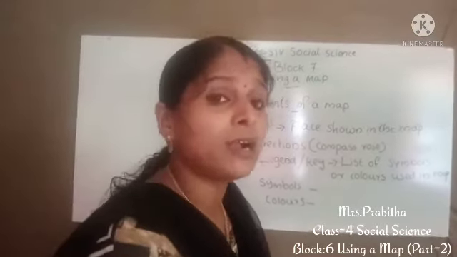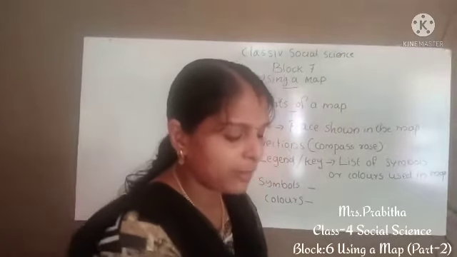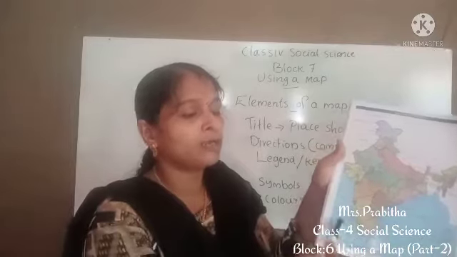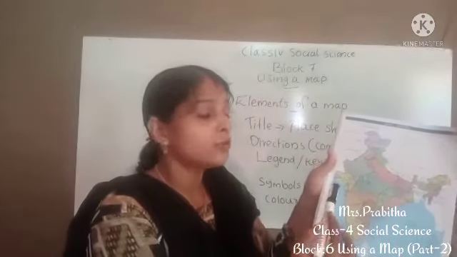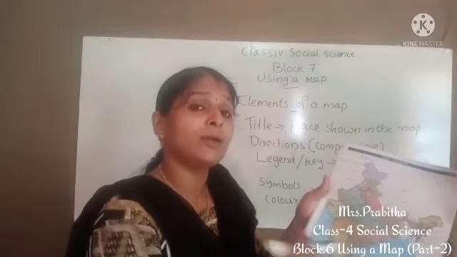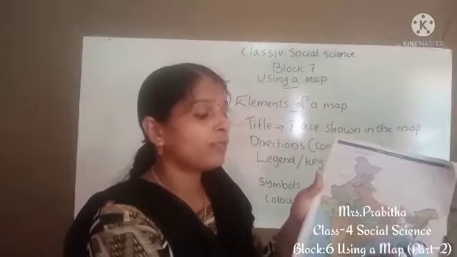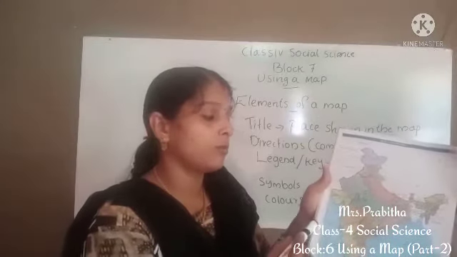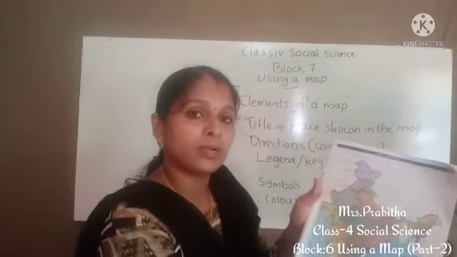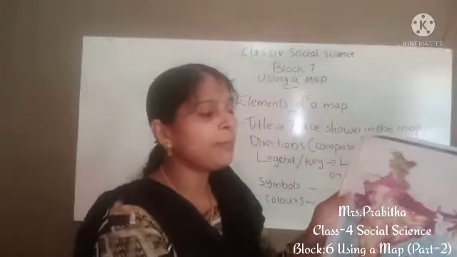In the same way, different colors are also used in the map. When we look at a map, we can see this blue color. See, children, all this blue color shows water. So we can easily understand which parts of India are covered by water. How can we understand? We check this blue color, that is water. So this much part is covered by water. Then see, this is the physical map of India.